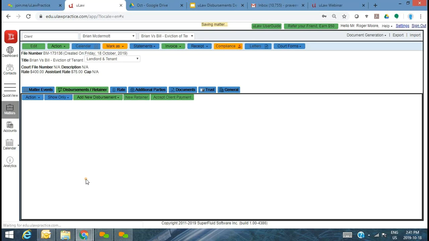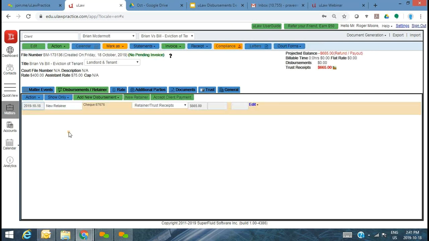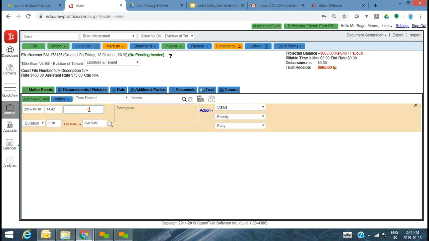Let's assume you've, of course, done all of the docketing. You could have done multiple dockets, or you could just have docketed in a single line item all the work that's done.